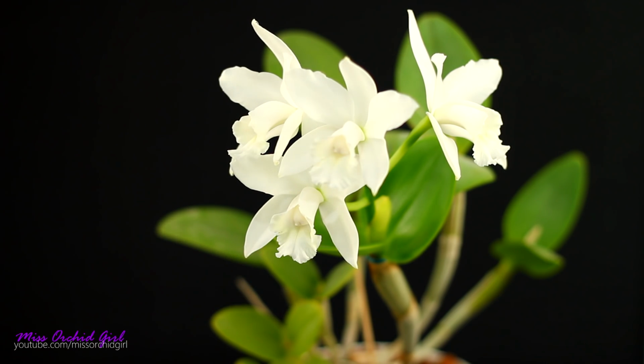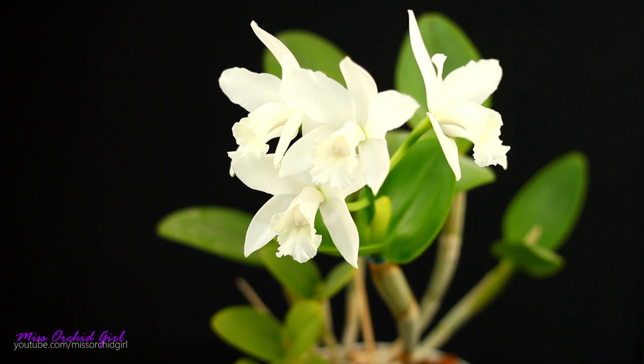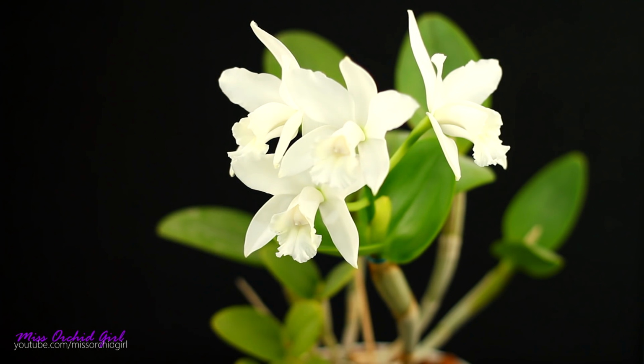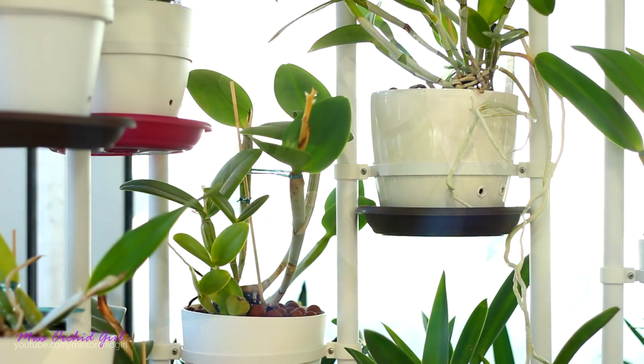But for whatever reason, this has the most complex fragrance that reminds of citrus, orange peel, cream, butter, everything at once in a blend which is pretty hard to describe, other than mouth-watering and lovely. I found her first a few years ago in a flower shop, and sadly I managed to lose the orchid. But I repurchased it recently, last year actually, and she's doing fantastic. I do not intend to lose this one, but as you can see, no matter what, I would always repurchase